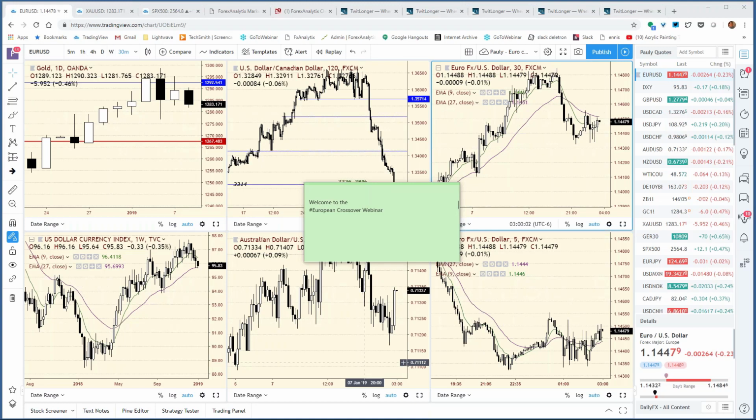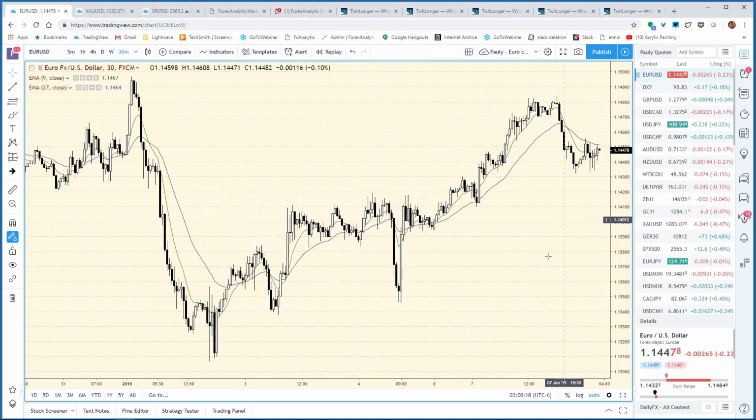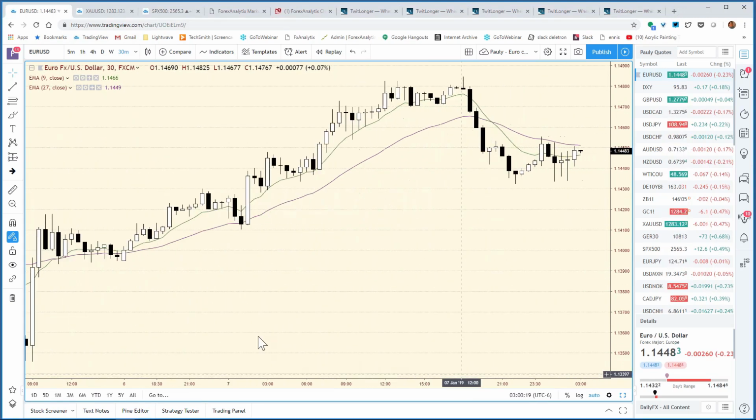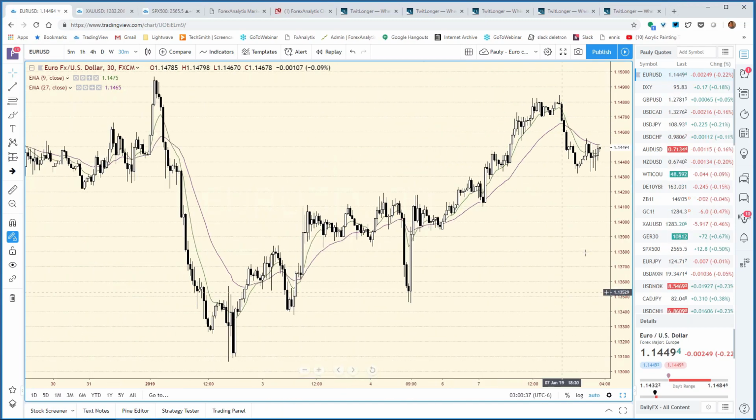And we're seeing the dollar just pare back from these lows just a little bit. You can see, obviously, the euro made a pretty good stretch. And actually, in the Asian session, we started seeing the euro pare back. If you look here on the 30-minute, it actually had a little bit of a gravestone. Now, this is a real gravestone doji right here, although even the wick was a little bit thin up here, but we already stretched. I mean, obviously the 115 is key up here, but we saw the euro pare back a little bit. We're still holding up relatively steady here at these levels, and we'll take a look at the